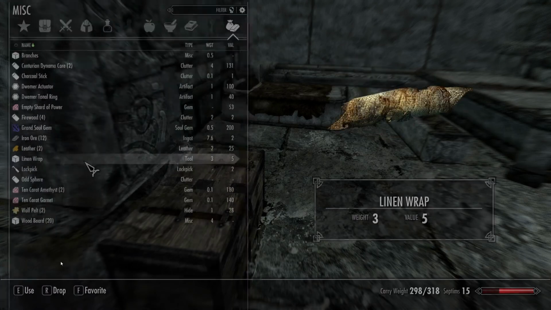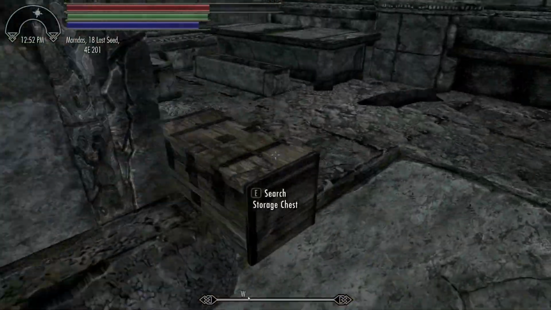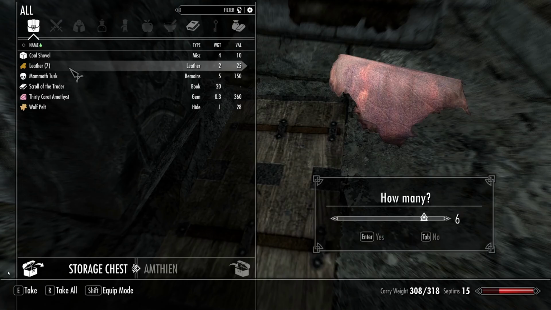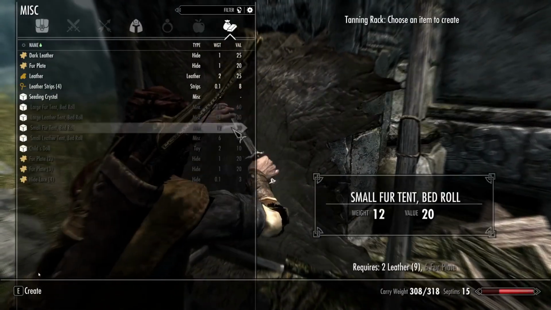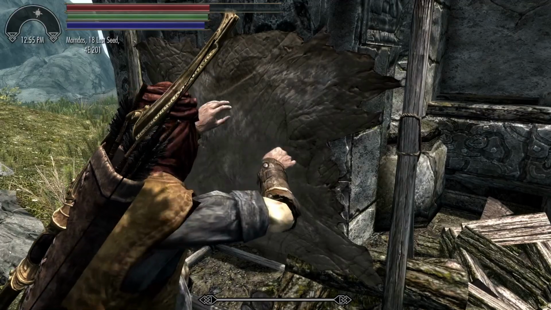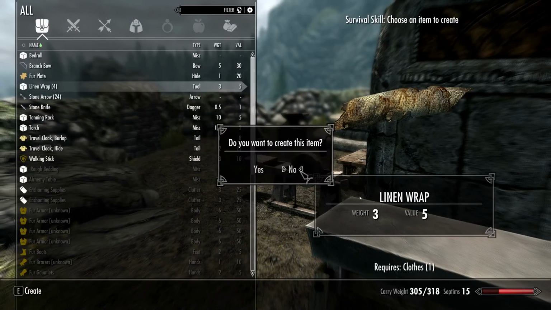Alright, what have I got? Oh, I've only got one linen wrap. What did I do with the others? I think I already took the lever for that, though. Alright, I think that's... Okay, that's the hide, wood boards, strips. Here we go, we can...